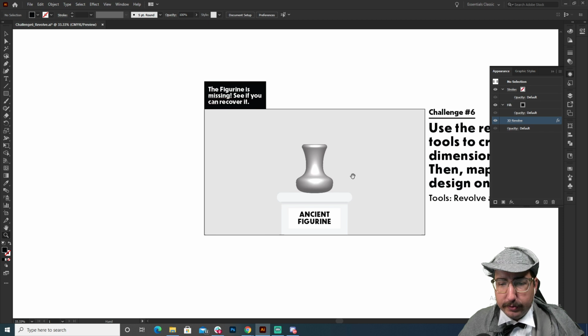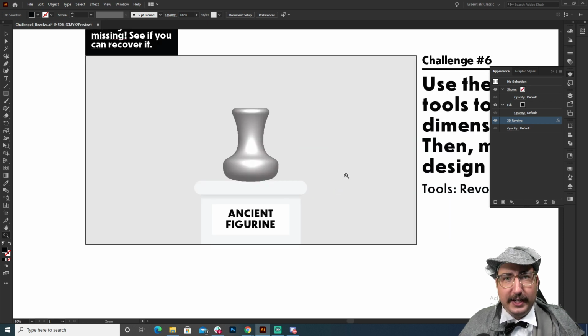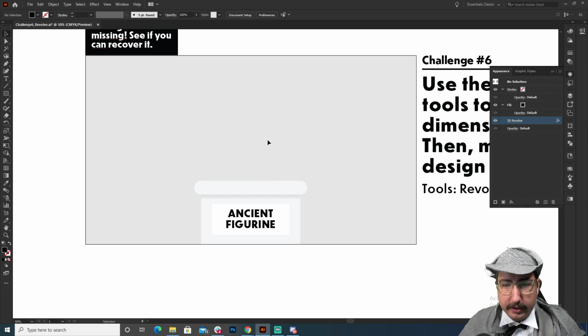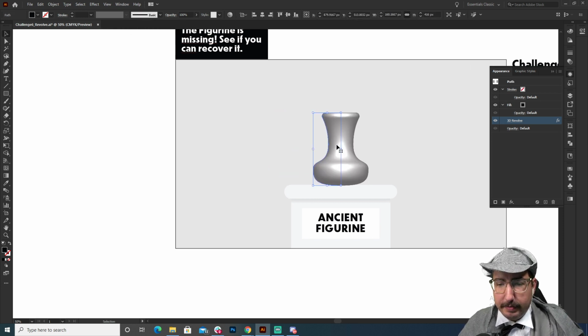We're going to zoom out here, and cool, now we've got this nice little ancient figurine, but it's not quite what I want, right? It's cool, but it's not exactly what I want. Let's go ahead and make maybe the figurine is something that is more round, right? And I'm going to show you another tool of the 3D tools. So I'm going to delete that. Actually, let's not delete it. Let's keep it. Let's put it over here.